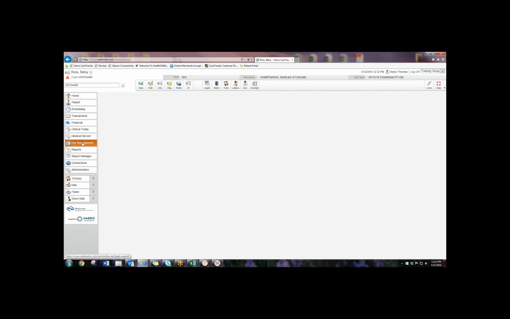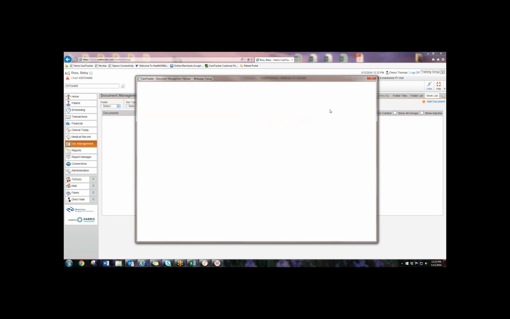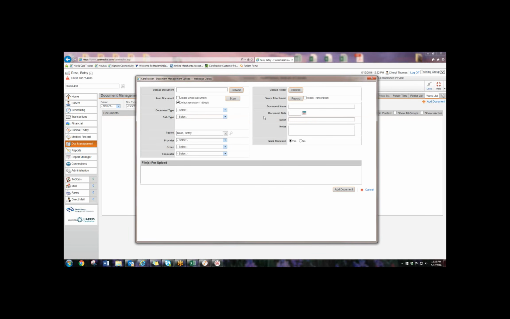Doc management. So when you're adding a document to document management, you can just click on the add button. This is what we're going to be looking at, what builds the metadata. So when you select a document type of financial and a subtype of EOB,